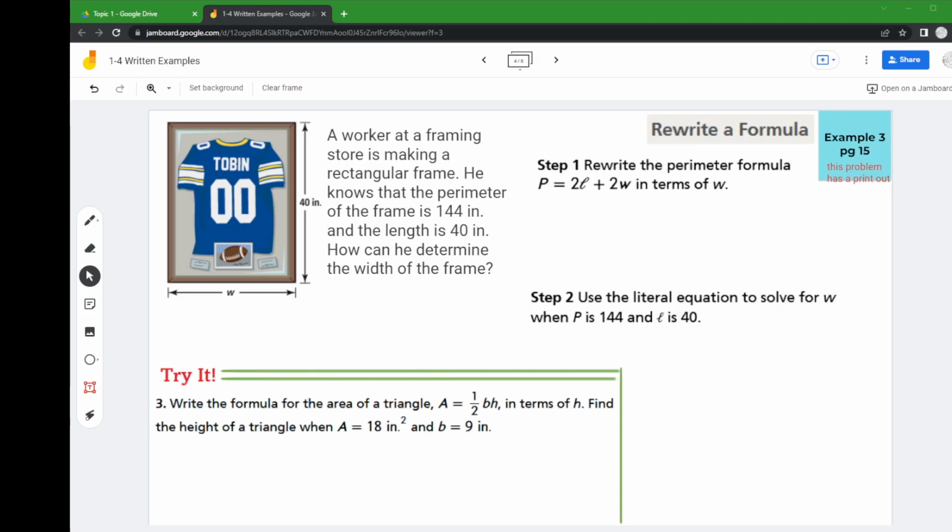In today's video, I'm covering Example 3 from Section 1-4 in the SavvasRealize Algebra 1 textbook. Today's video is about how to rewrite a formula. Right now they're doing it with